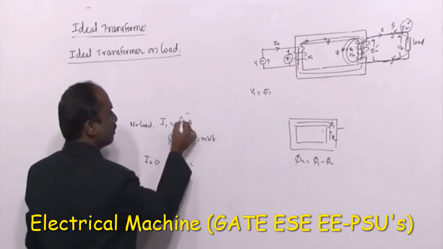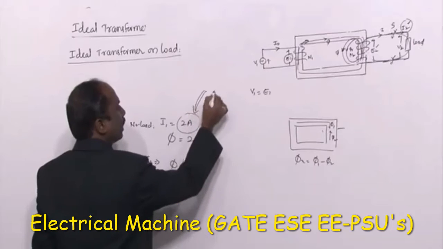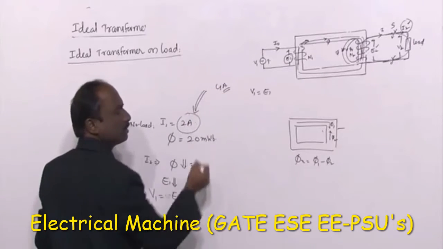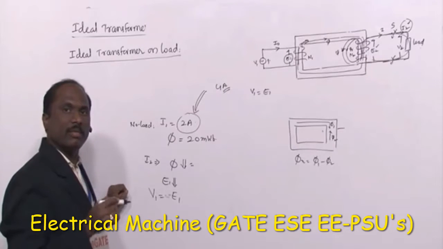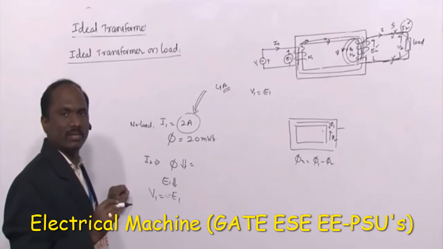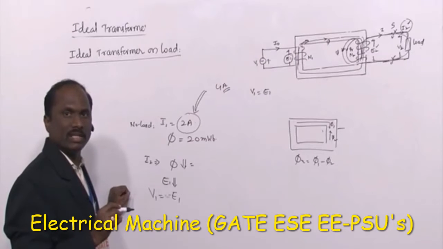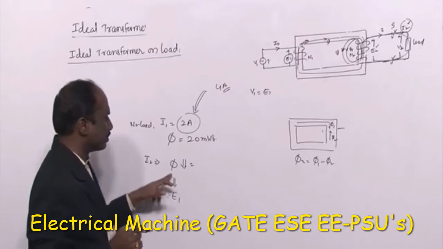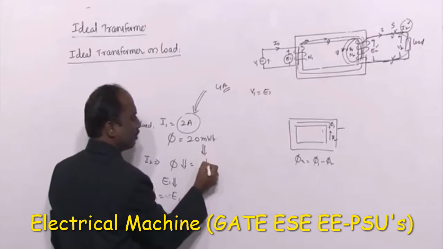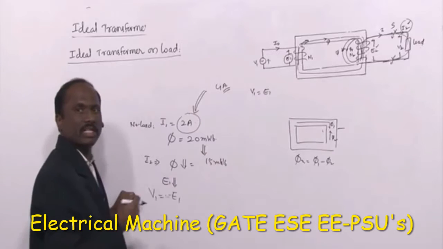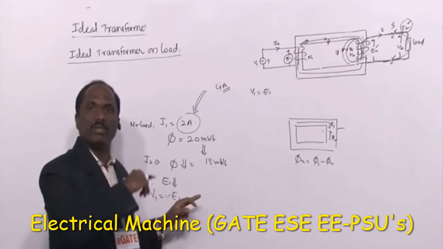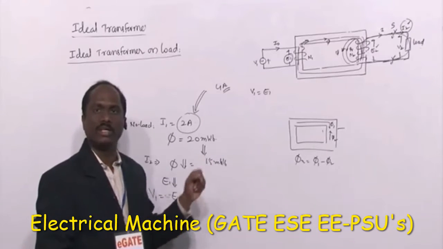Further current means instead of 2 amperes, now under loaded condition, it maybe takes 4 amperes. It will take a current such that the same amount of the flux is retained in the magnetic core. So because of this, what happens here? Flux is reaching to, for example, 15 milliweber. How much drop is there in the flux? 5 milliweber. Why is there a drop? Because another 5 milliweber is injected in the core material because of the secondary.